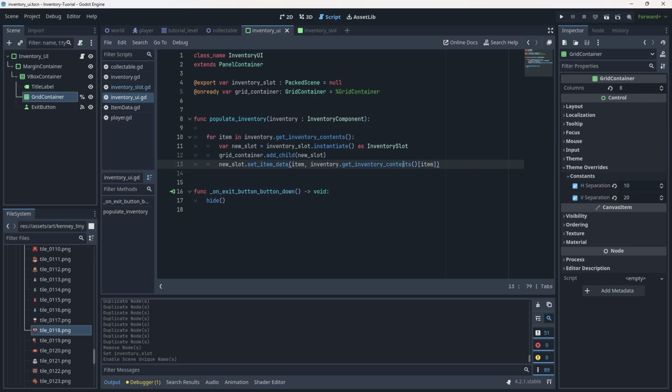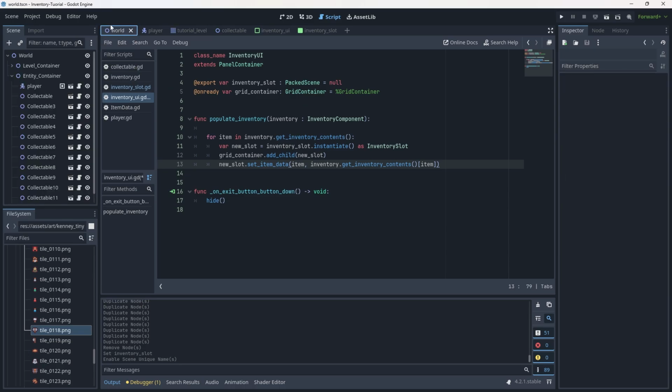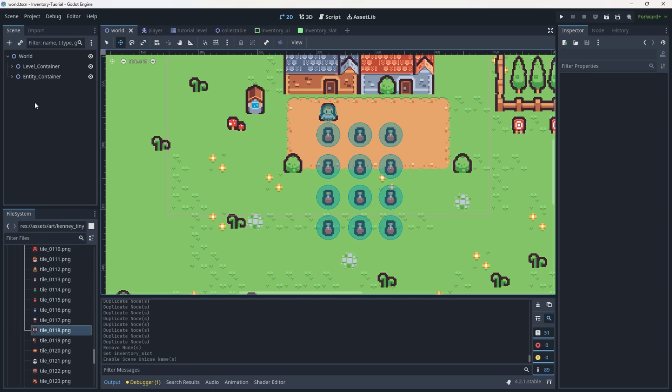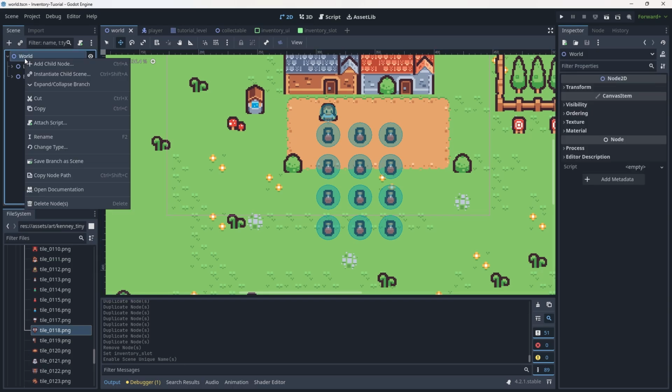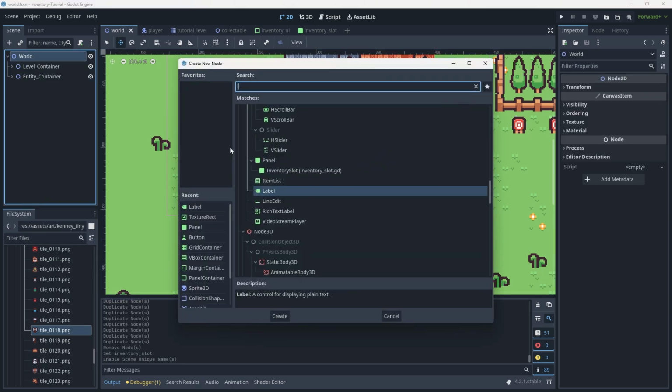So if I hit Control S and save, we now need to pretty much go and connect this inside of our world somehow, right? We need to actually get this kind of running. So easy way to do this, let's go to our world scene, so our primary scene. I'm going to go to my world, I'm going to go add a child for the